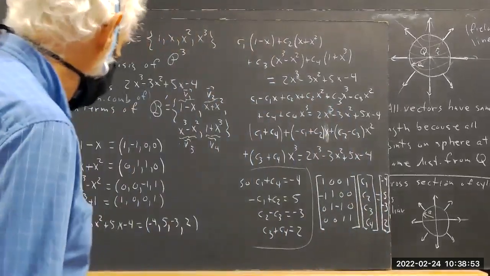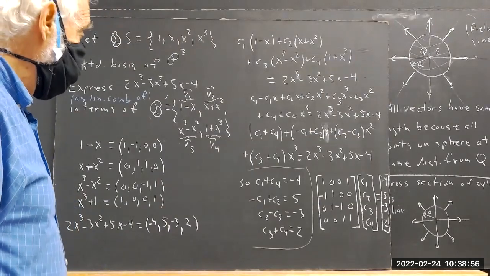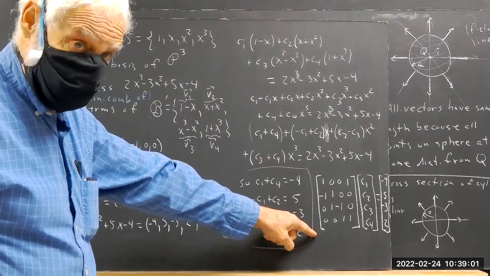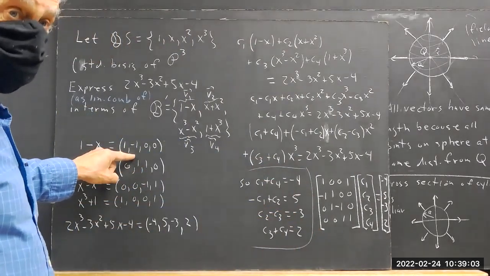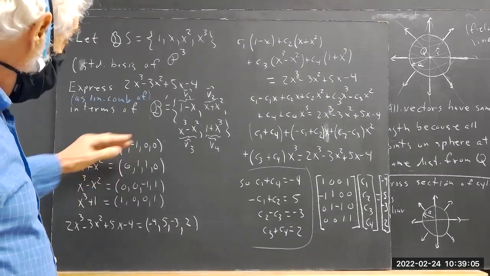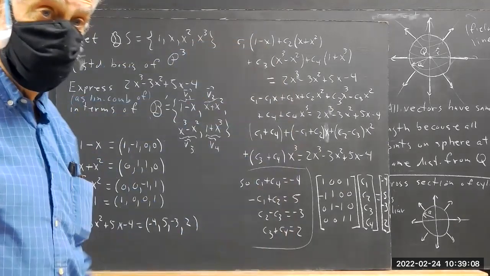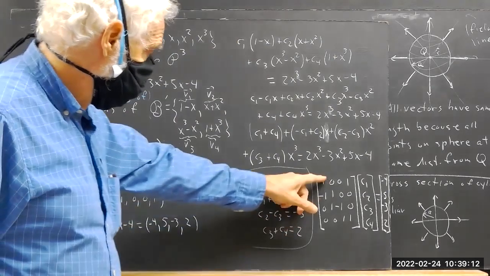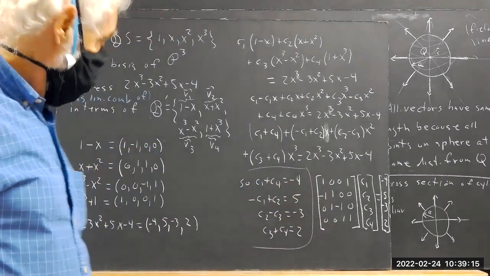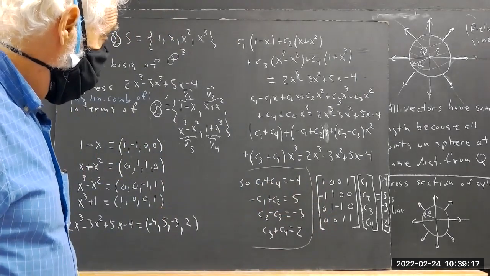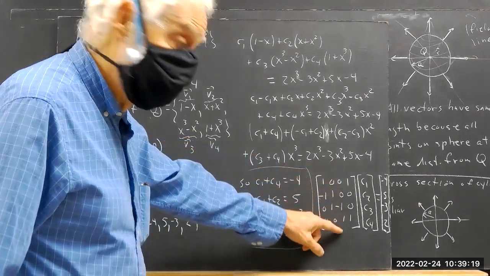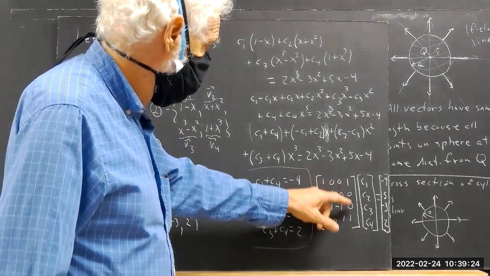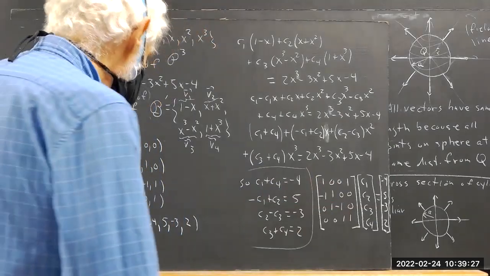Okay. Now let's look at our columns. First column is 1, -1, 0, 0. Right there it is, right? That's this vector. So this vector is in a column. Second column should be this vector, 0, 1, 1, 0. Third column should be 0, 0, -1, 1. Fourth column should be 1, 0, 0, 1. Okay. So this is